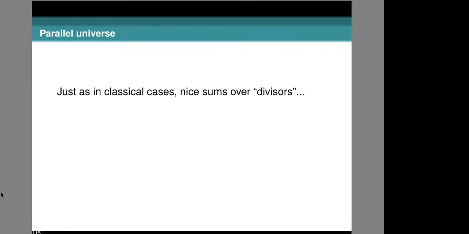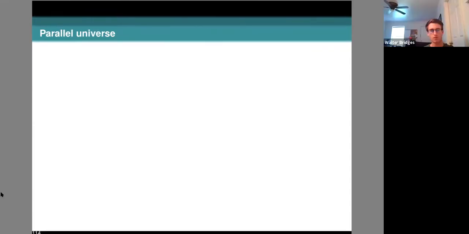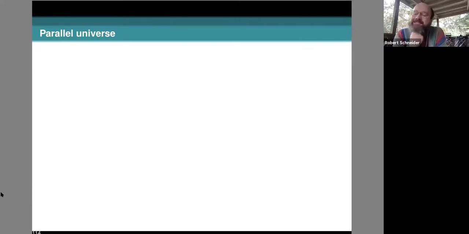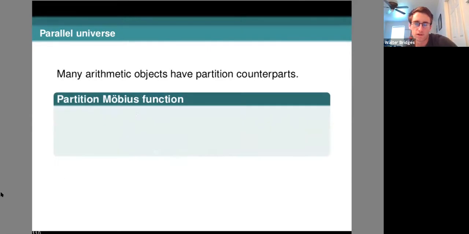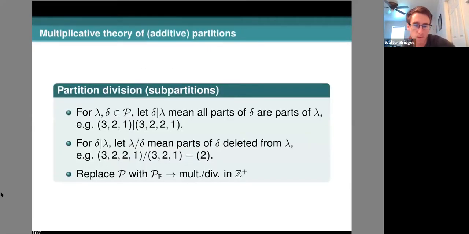Hey, Robert, can I ask one question? Please do. So with the division, Walter. Yeah, I was just wondering if it's useful to somehow formally, so partition lambda isn't divisible by any other partition, but have people looked at sort of formally defining division of any two partitions and sort of making it into a field? Do you know anything about that?